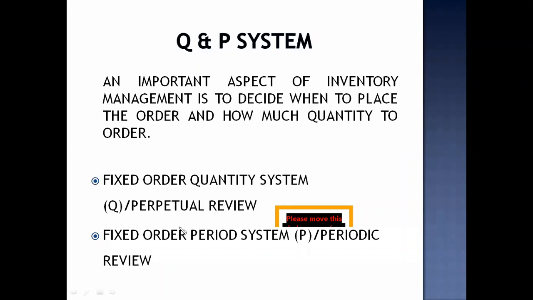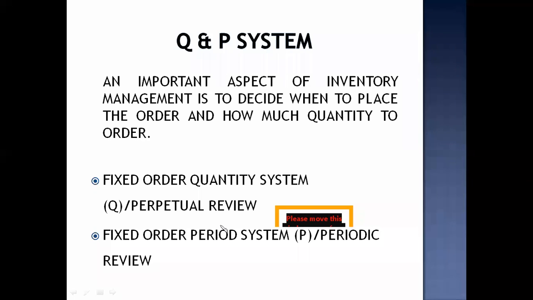Another one is how much quantity to order. Sometimes irrespective of the days. For example, today is 2nd. Today I am placing an order of 1000 units. Tomorrow again I am placing an order of another 1000 units. So here what happens, the quantity is important. Days, time is not important. Okay, so when we are going into detail, you will understand it better.